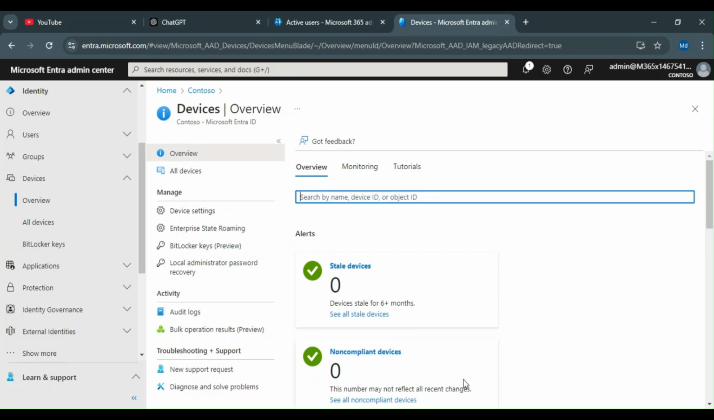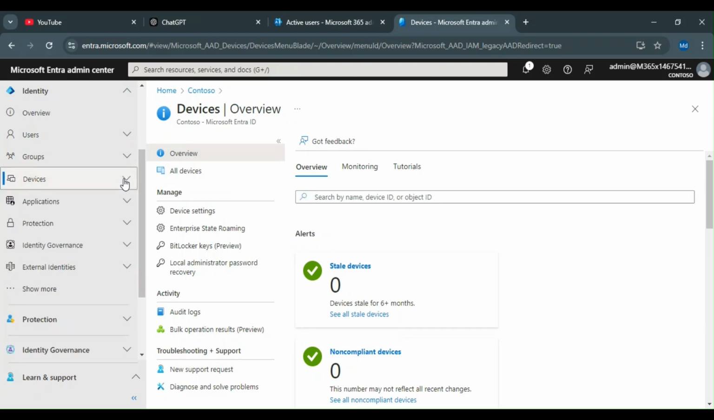Hello everyone. So today we are going to discuss some more features of the Entra Admin Center. Previously we discussed group management, and today we are going to discuss the device management options. Mostly this will be handled by Intune, but some of the features you can manage from there. If you go to the overview section, you will get the overall information of the